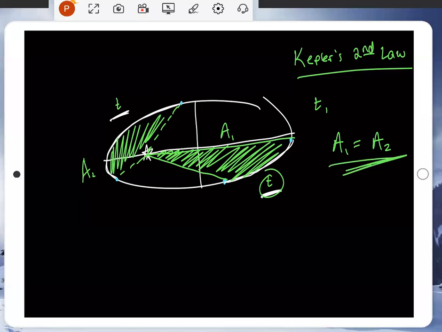And the consequence, the most important qualitative part of this, is that the only way this can be true is if the planet moves slower out here. So watch me do this whole thing. It moves slower out here and it must move more quickly over there. That's what that means. That's the only way that this equation in Kepler's second law can be true. So let's say the planet starts out here and it's kind of fast, but it slows down. It's slowest at its perihelion, and then it speeds up, and it's fastest right there until it does it again, right? And that's Kepler's second law.